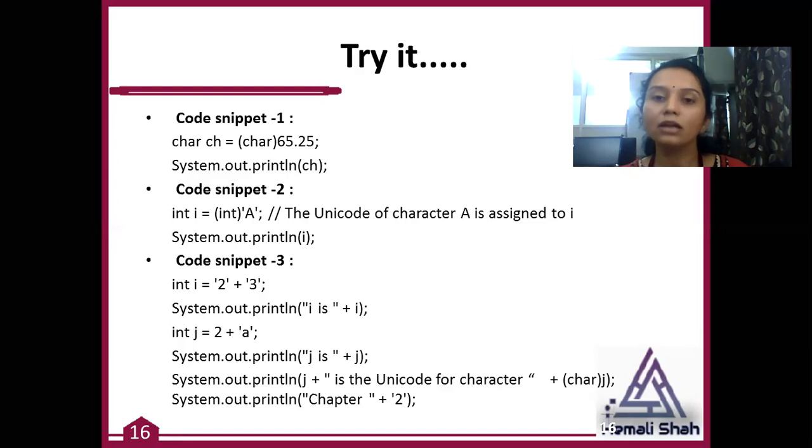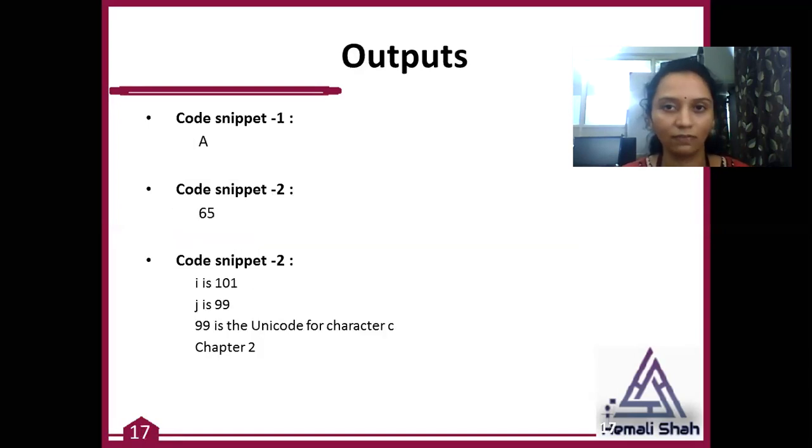But whenever you convert a character into an integer, you don't need any syntax. It is automatically castable or convertible in Java. So will it work or not, and what should be the answer? Work on it. I'm sharing the answer also, but you just need to try it yourself. This should be the answer. Try it first, then